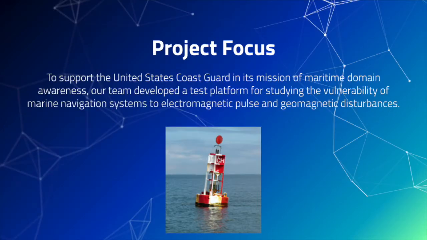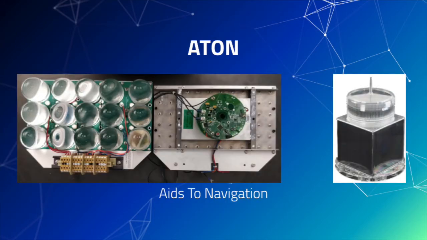To support the United States Coast Guard in its mission of maritime domain awareness, our team developed a test platform for studying the vulnerability of marine navigation systems to electromagnetic pulse and geomagnetic disturbances. We concentrated on devices from the Coast Guard's Aids to Navigation, or ATON, network, which includes range lights and buoys